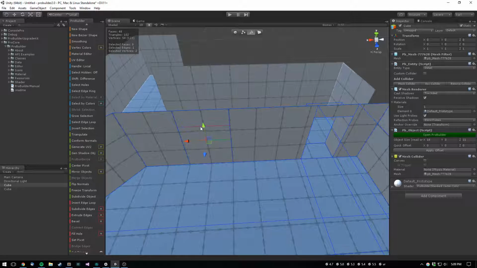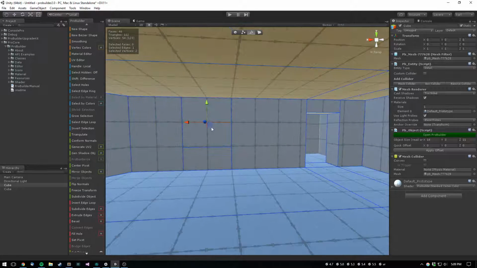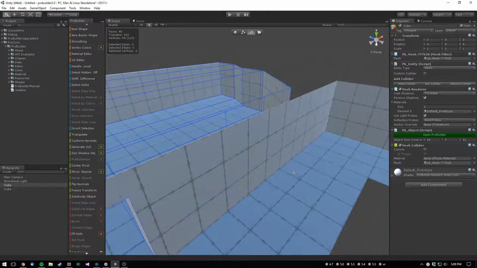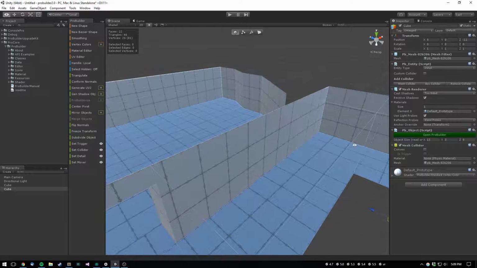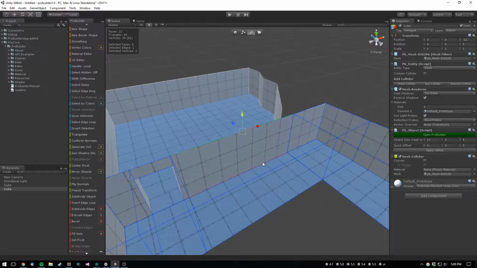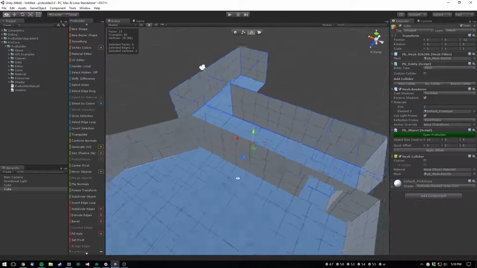So again, Alt-E is the shortcut for that. Moving that down, that's good. Select this edge, select this bottom edge, connect,